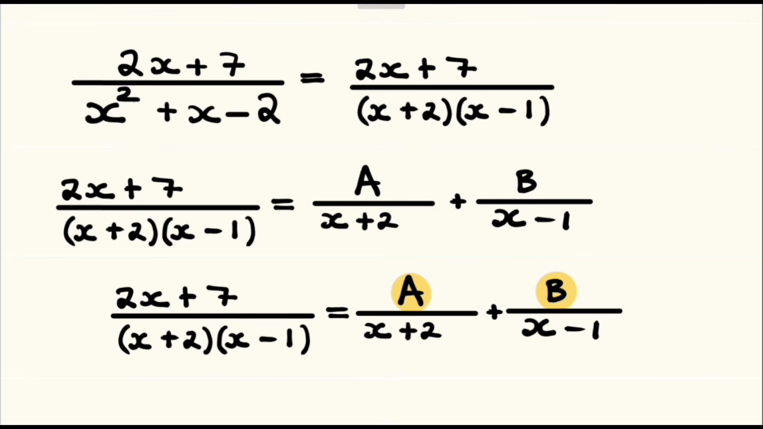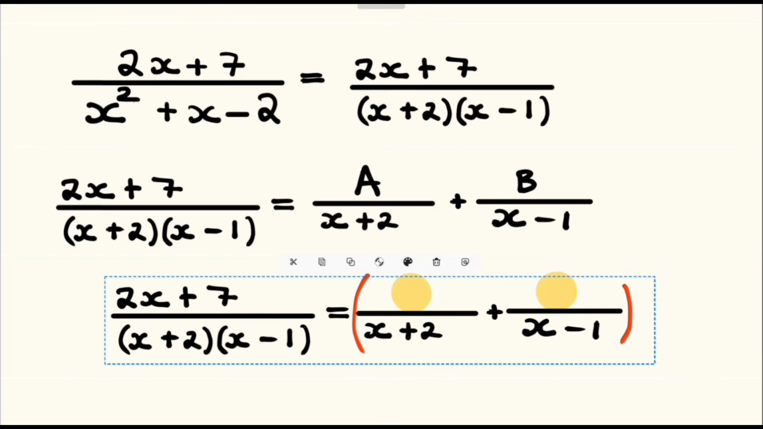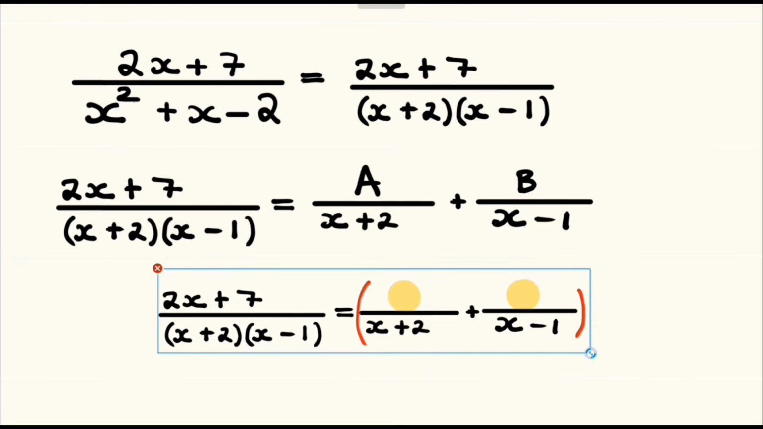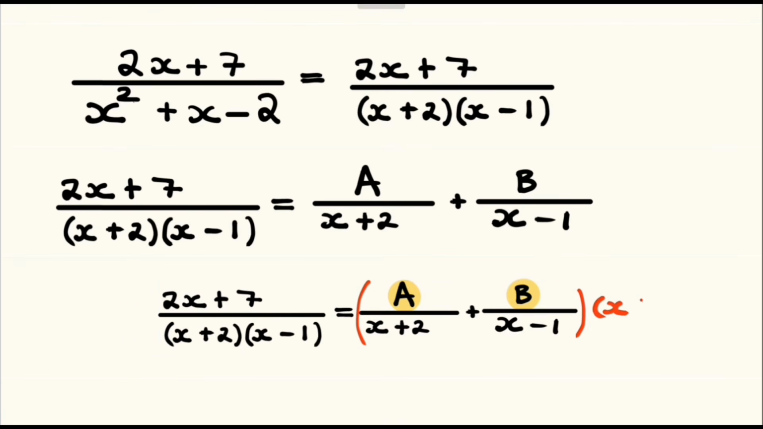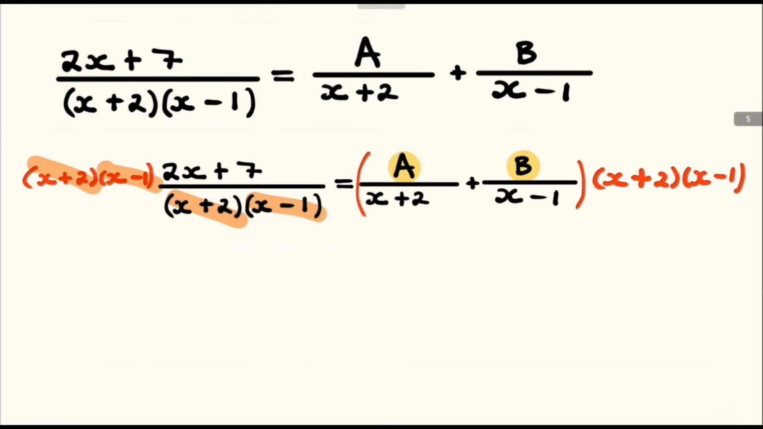We multiply both sides of the equation by the denominator on the left. So we multiply both sides of the equation by x plus 2 multiplied by x minus 1. So on the left, we multiply by the denominator, x plus 2 multiplied by x minus 1. And we can see that x plus 2 and that x plus 2 will cancel out. x minus 1 and the x minus 1 will also cancel out, such that we'll be left with 2x plus 7 is equal to